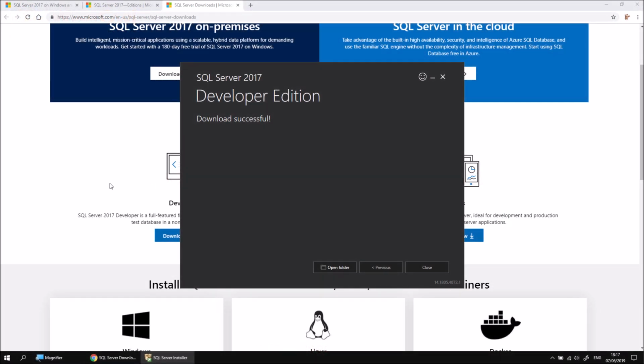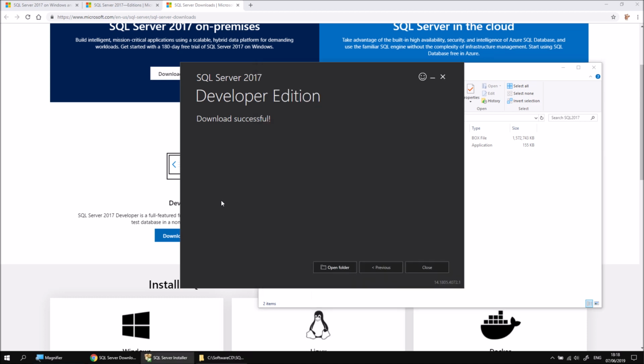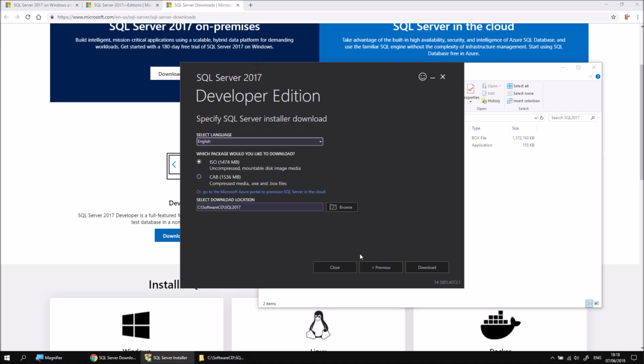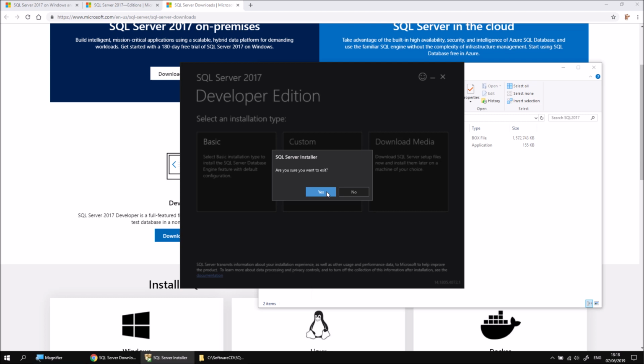Okay, so that's all finished with. I can now click the Open Folder button to see the files that I've downloaded. Now, essentially at this point, we're done with the installation tool, although we could click Previous and then Previous again and choose to go with a custom installation and then point it to the files we've downloaded. There's no real reason to do that. So at this point, I'm just going to close down the installation tool altogether and confirm that I want to